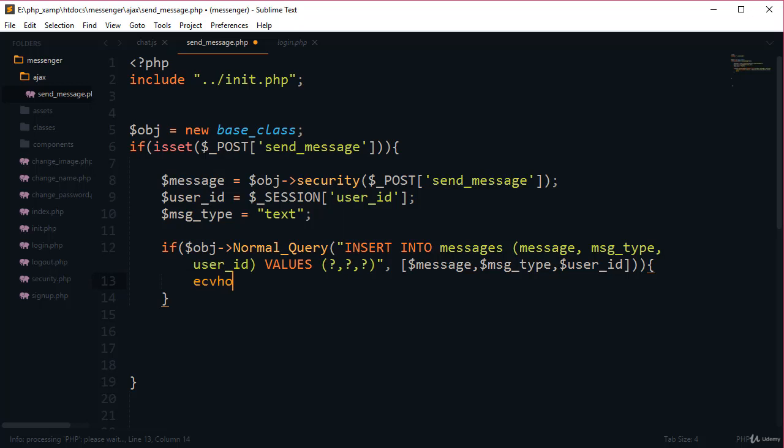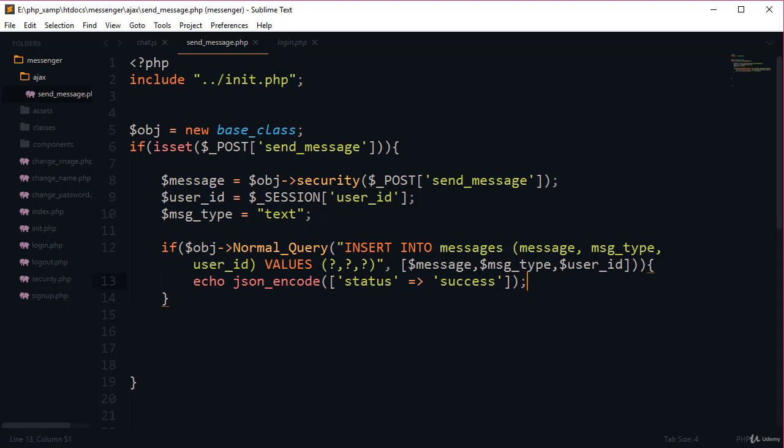Okay, and now the body. Now here the echo message. Okay, and here add JSON encode. So basically JSON encode is a predefined PHP method. Okay, so JSON encode converts your data to JSON format. So from here pass the array, and here pass the first index, so the index will be status. Okay, status, and the value will be for example success. So now print this as JSON data.